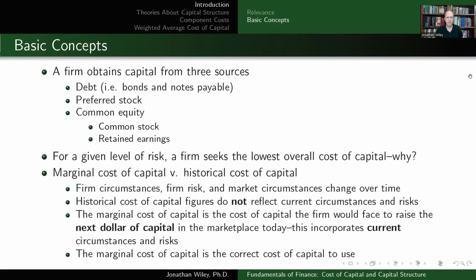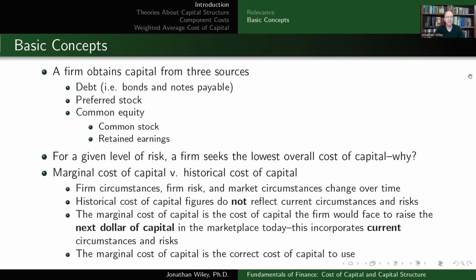So things change for the company, for the industry, for the market as a whole, for the economy as a whole. As a result of that, we need to be very careful, and we should not use historical cost of capital figures. If I use historical cost of capital figures, it does not reflect current circumstances and risks and what the current